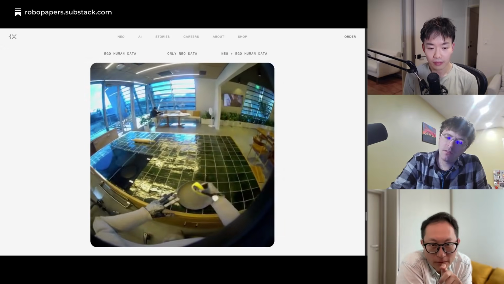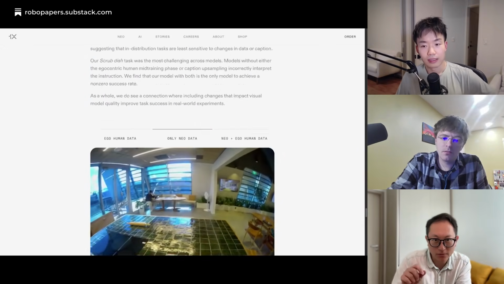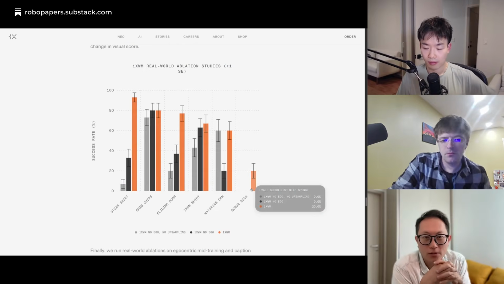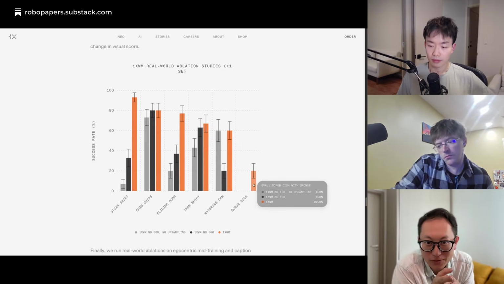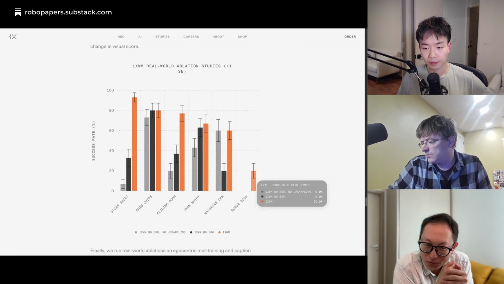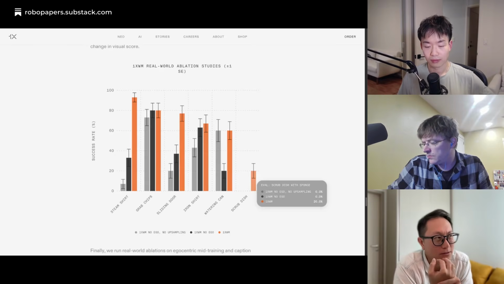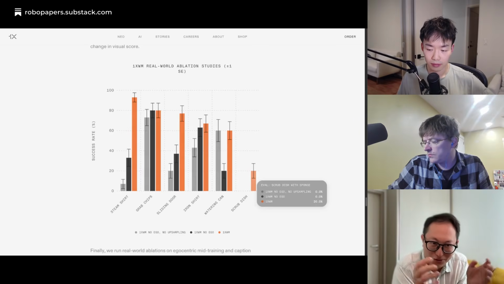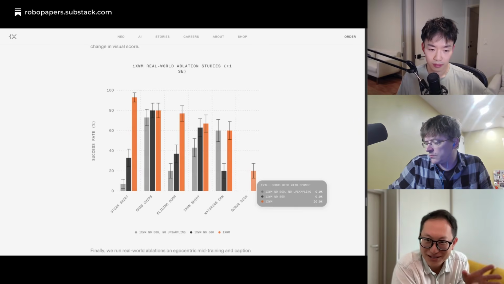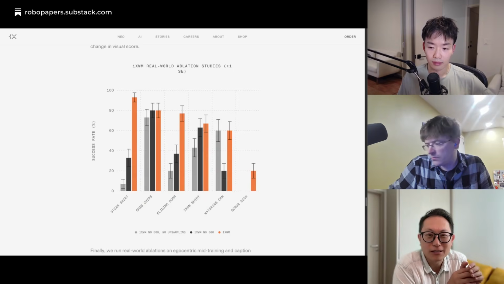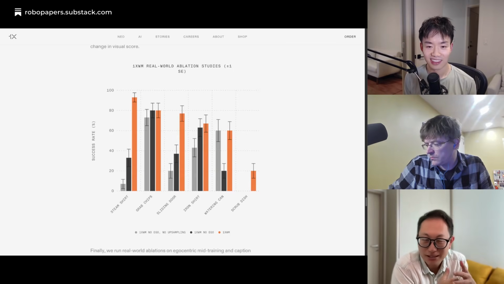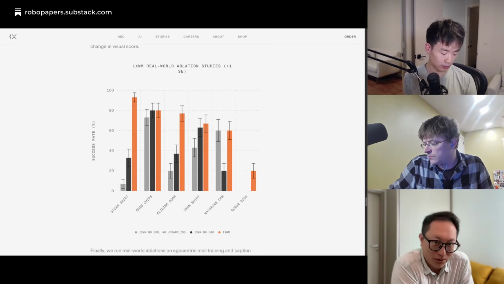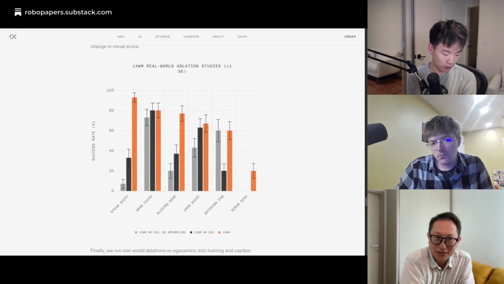Got it. Do you mind going back to the success rate chart? The last one, the scrub dish. I'm curious what you think about the absolute success rate, especially for scrub dish. Clearly, without egocentric data it's basically useless. Once you add ego it improves, but it's also only 20%. Do you think it's just a matter of having a lot more egocentric data, hopefully with more scrubbing in these 900 hours? Or do you think it's still on the robot data side? Because you were saying the 70 hours is basically pick and place. Maybe you have to expand that as well. What's going to move the needle for this?